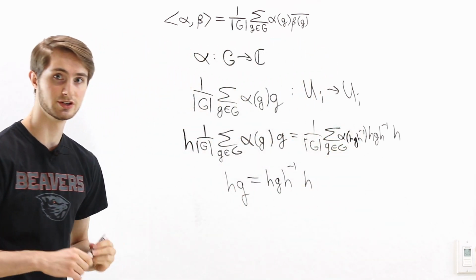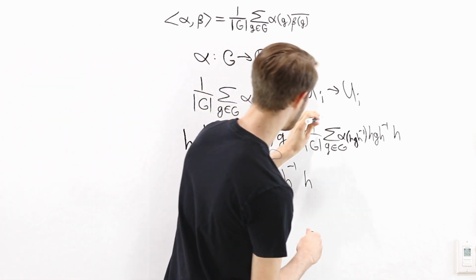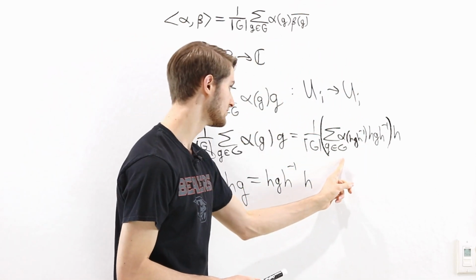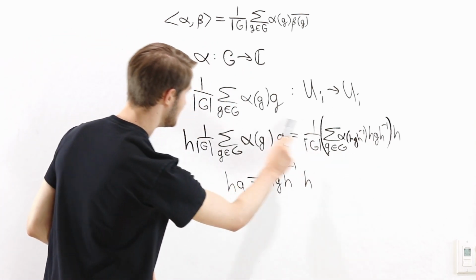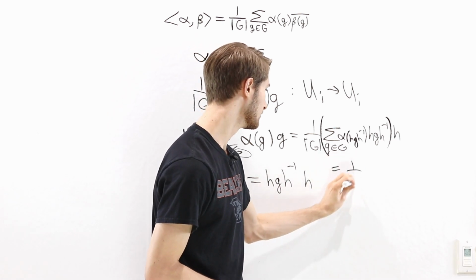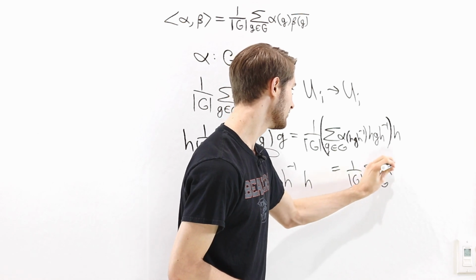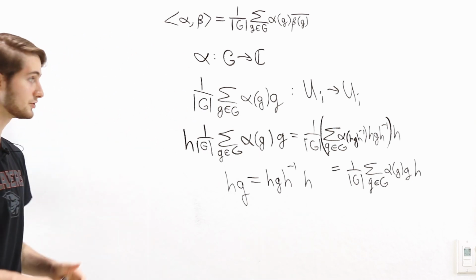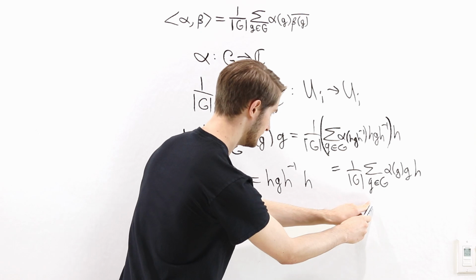And we know that conjugation is a bijection on the elements of a group. So this sum in here is saying sum over all group elements, alpha of that group element times that element. This is the exact same thing as the original sum from earlier. So this is equal to 1 over the size of G, sum over all elements of G, alpha of g times h. So we've just shown that h composed with this map is the same thing as this map composed